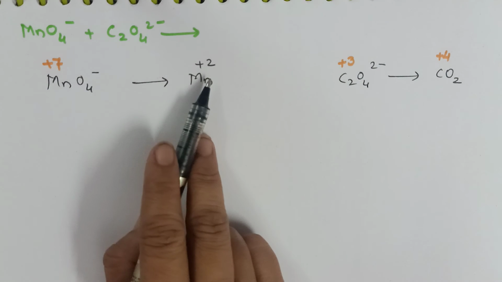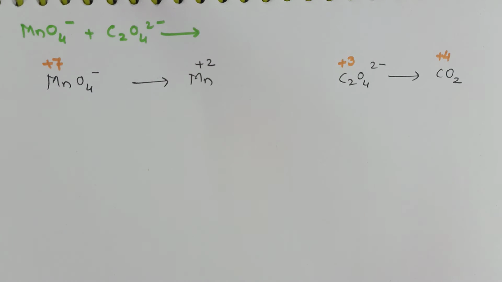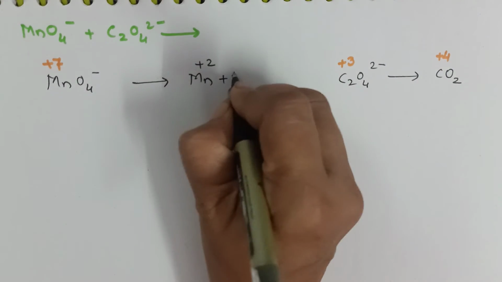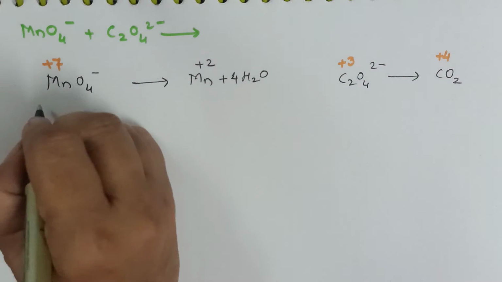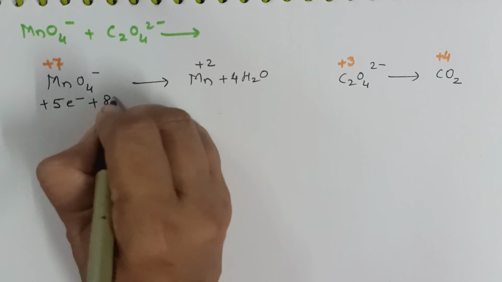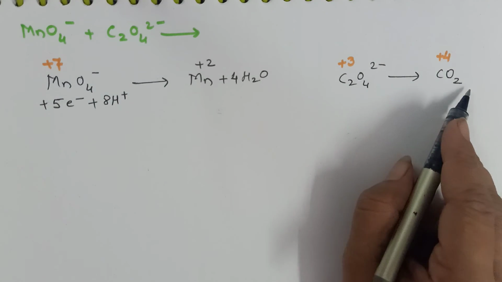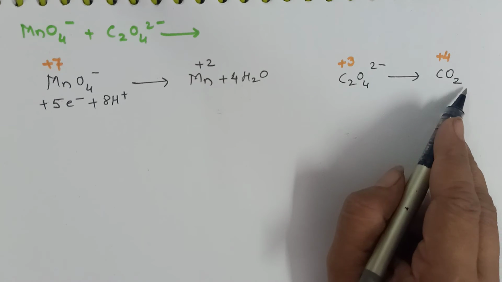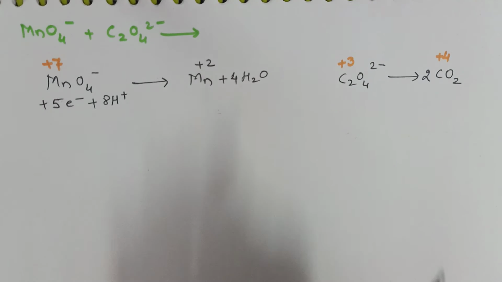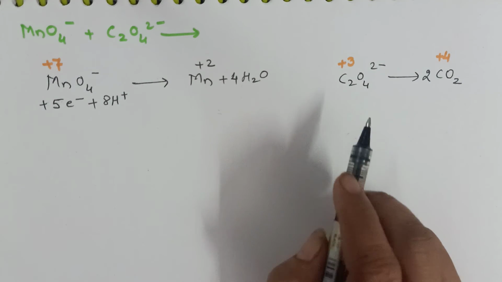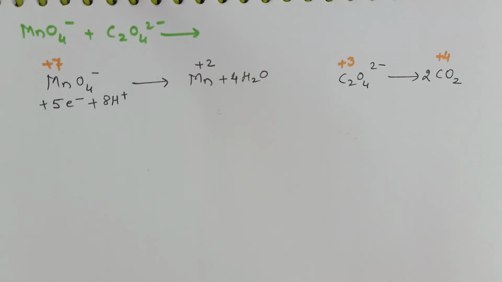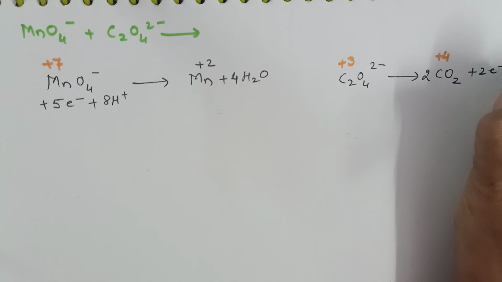So first I will solve this equation, and just now I have told you that this equation is a basic equation. You must remember this one: MnO4 minus plus 5 electrons plus 8H plus gives Mn plus 2 plus 4H2O. Here it is 5 electrons, then only it will go from plus 7 to plus 2. Okay, coming back to this equation, C2O4 2 minus gives 2 CO2. So first of all, I will balance carbon. As soon as I balance this carbon, oxygen also gets balanced. Now the change is plus 3 to plus 4. One carbon will lose 1 electron and therefore 2 carbons will lose 2 electrons.